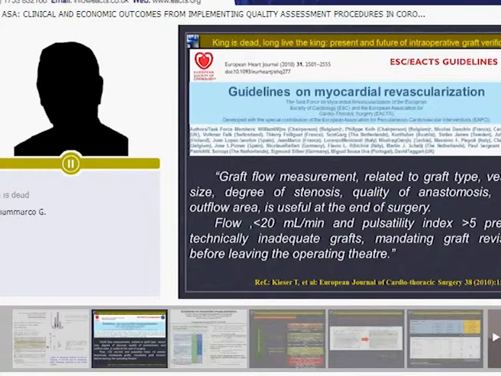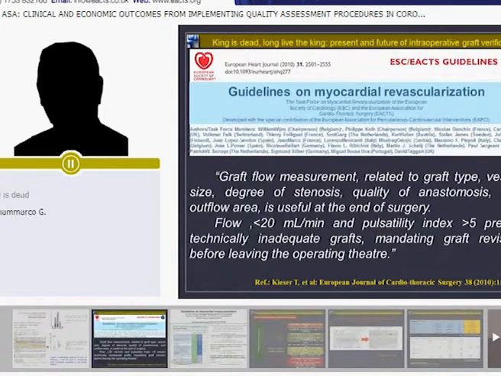graft type, graft vessel, size of vessel, degree of stenosis, quality of anastomosis, and outflow area is useful at the end of surgery. And they published some cutoff values of two main parameters, the mean graft flow and the pulsatility index. And these cutoffs are taken from a paper published by Teresa Chiesa, who is in the room, a very outstanding paper,